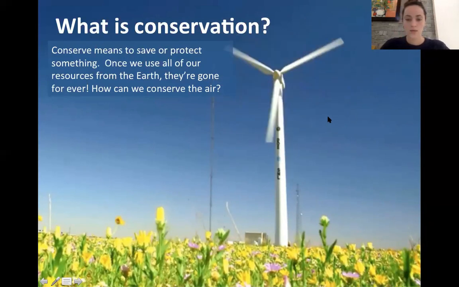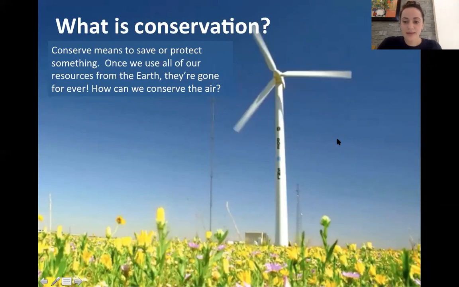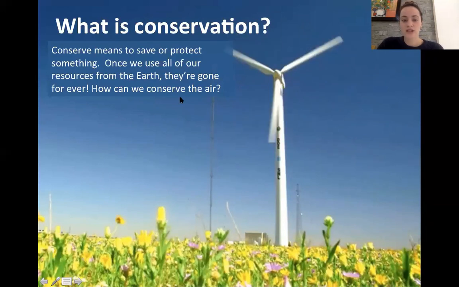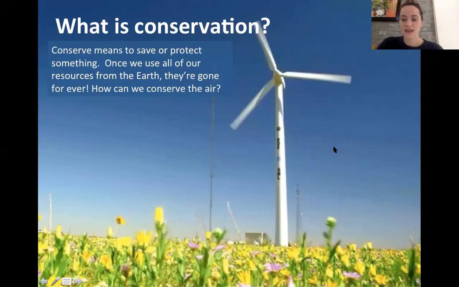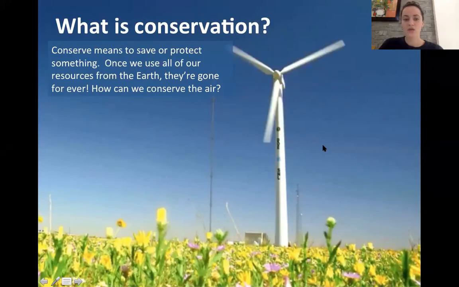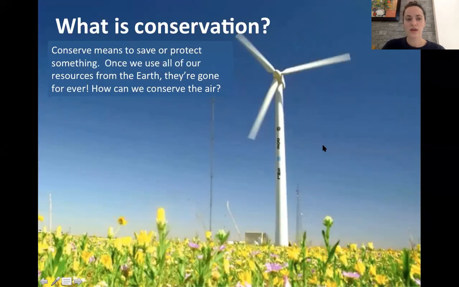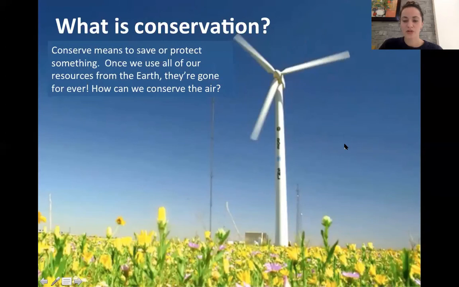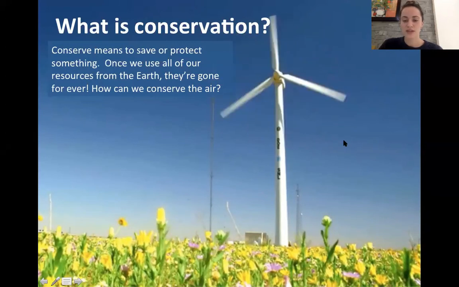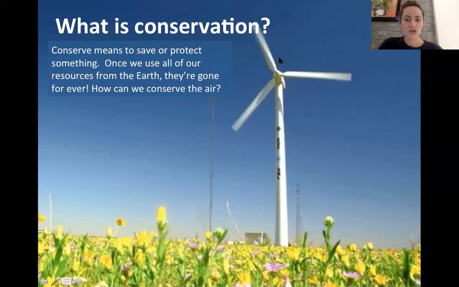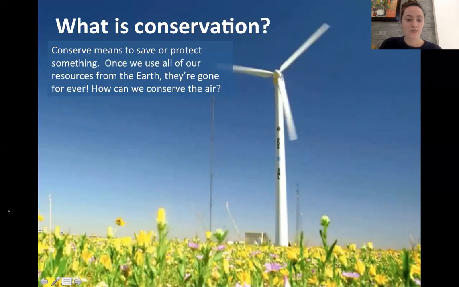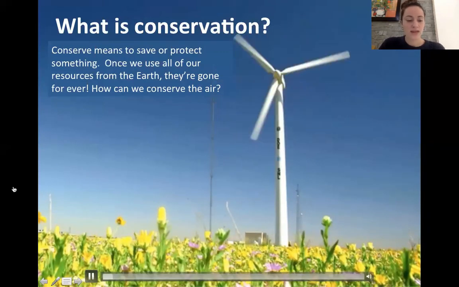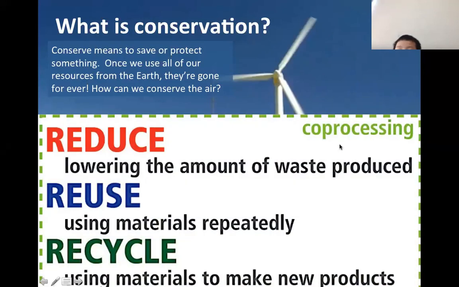Let's see. One more. How about hi, Nam? Nam, what do you think? How could we conserve the air? How can we protect it? Pollution. Yeah, and how do we stop pollution? How do we make less pollution, Nam? Maybe we can use wind energy instead of burning coal, like we learned about today. Yes. Wind energy instead of coal and oil would help a lot.